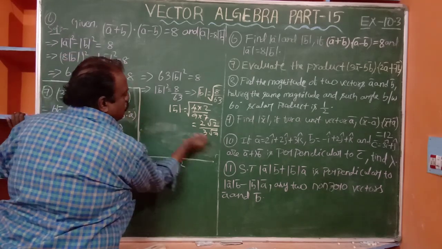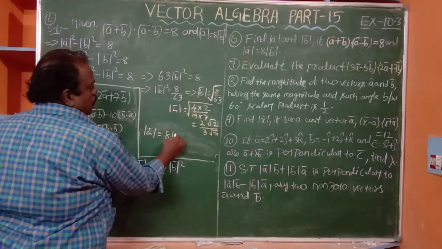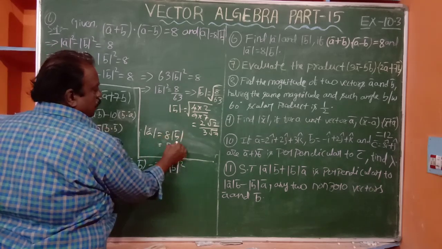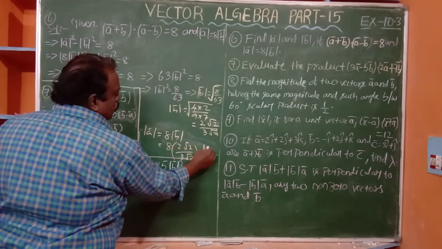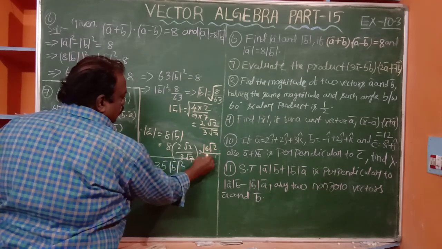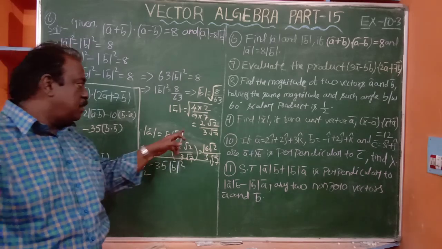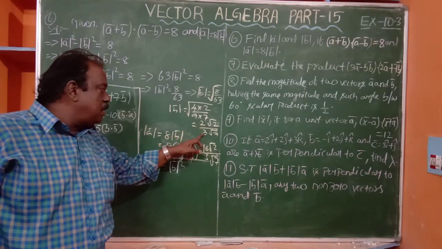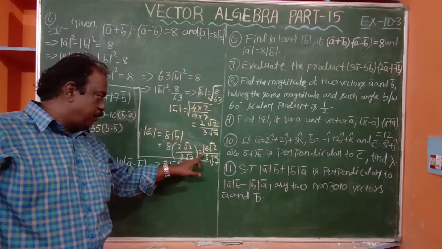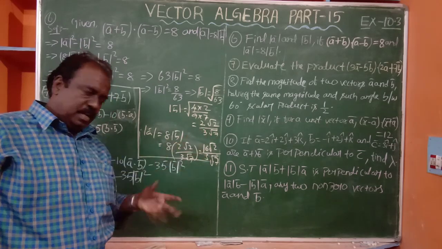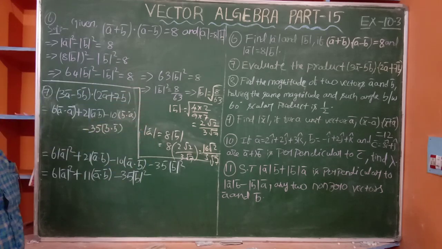Now we have found modulus of B bar. Now modulus of A bar. Modulus of A bar is equal to 8 modulus of B bar. It is 8 into 2 root 2 by 3 root 7, that is 16 root 2 by 3 root 7. Otherwise in the textbook it may be 16 by 3 times a single root of 2 by 7. Like that also is correct. That is the sixth problem solution.